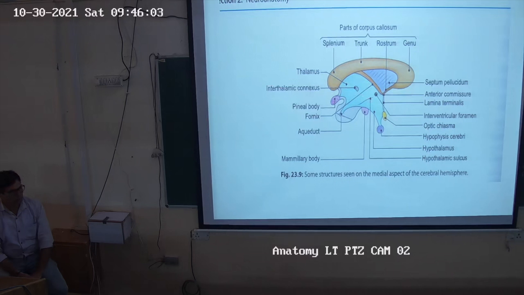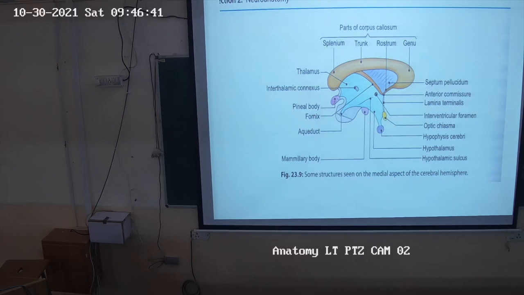So as I have told you in the diencephalon, the diencephalon is the part present between the cerebrum, this one, and downward the midbrain. So this whole part is the diencephalon. It includes, just above the hypothalamic sulcus, the dorsal part. This includes the thalamus, and just below the thalamus there are the medial geniculate body and lateral geniculate body, and the third one which you are seeing here, the pineal body. All these are part of the dorsal part of the diencephalon.